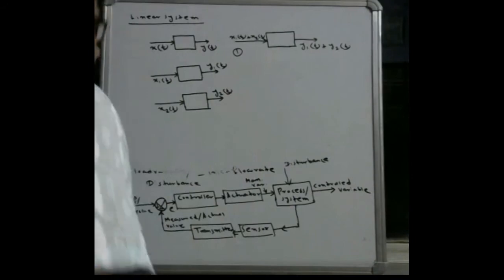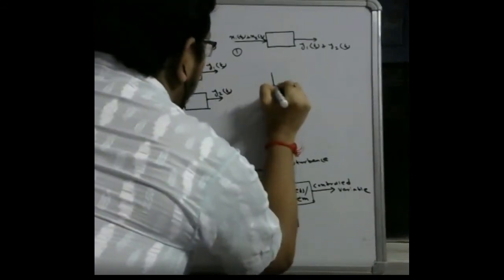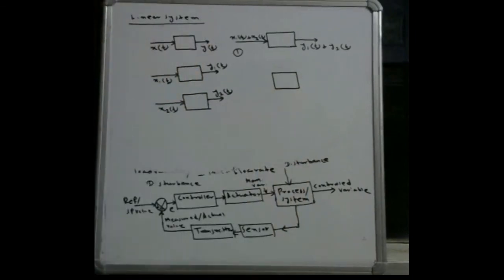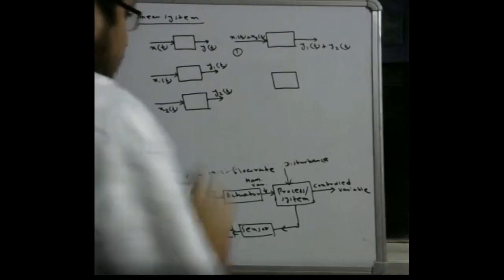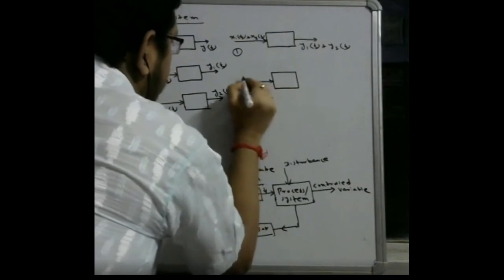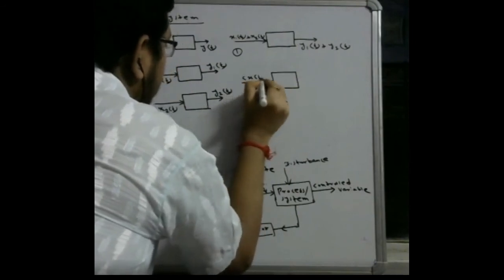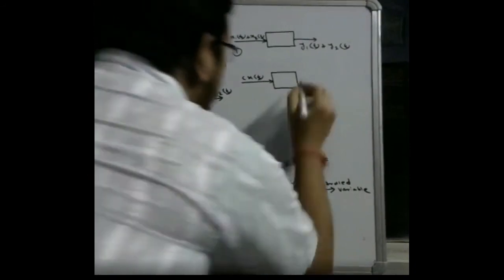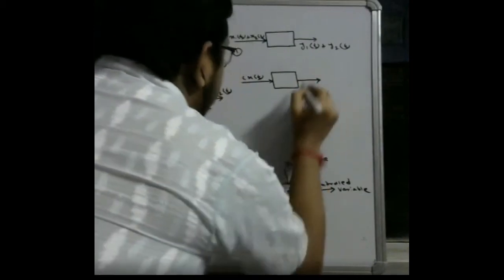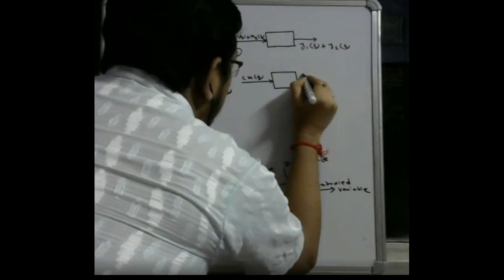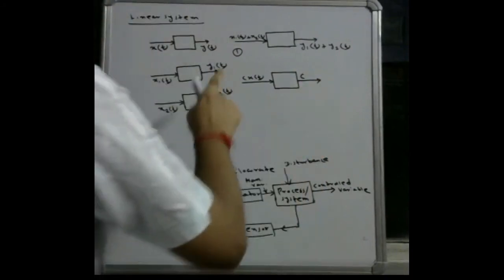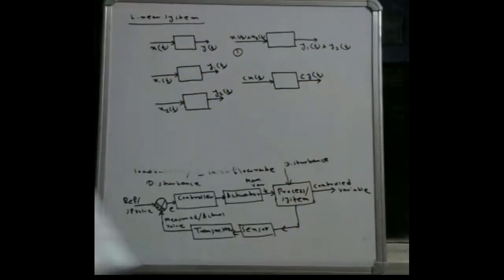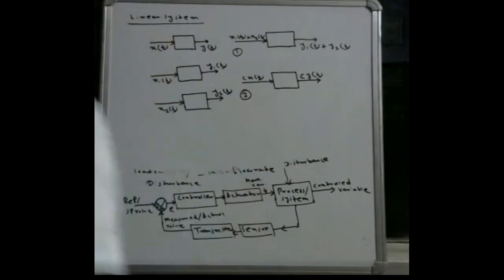Okay. Second one is, if the input x(t) is multiplied with a constant scalar value, say c, that is c x(t), and this type of input is applied to the same system, then if we get the output also multiplied with the same scalar value c, that is c y(t),